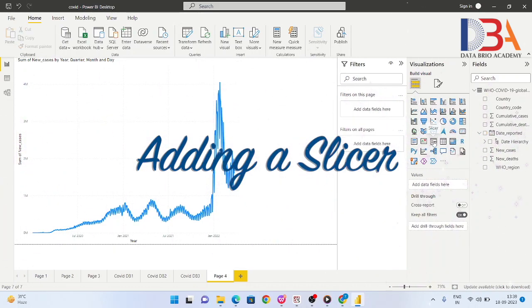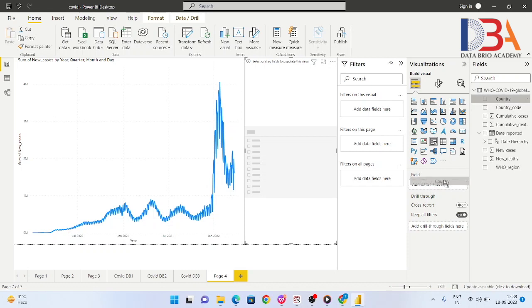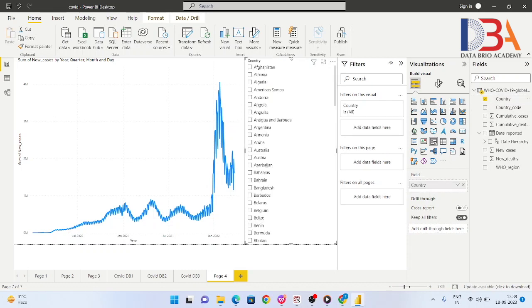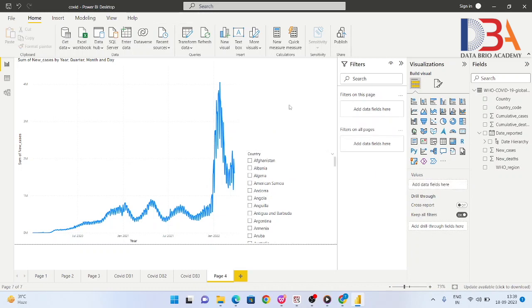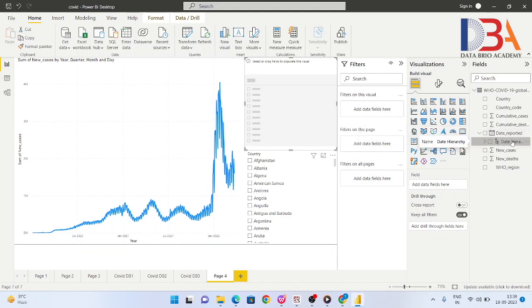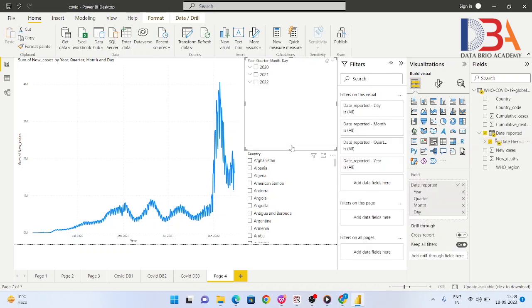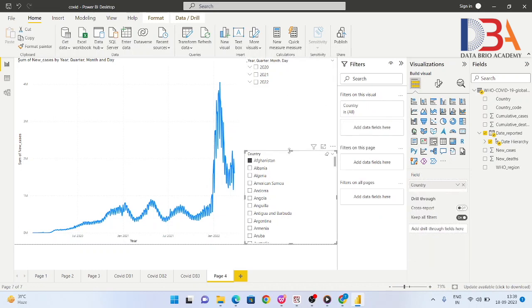So we will click on this slicer and we will add country over field, and we will add another slicer and under date reported we will take date hierarchy over field. So we can see here 2020, 2021 and 2022 are added to the slicer.